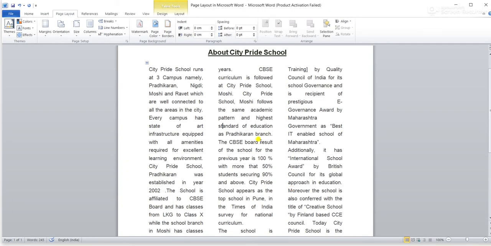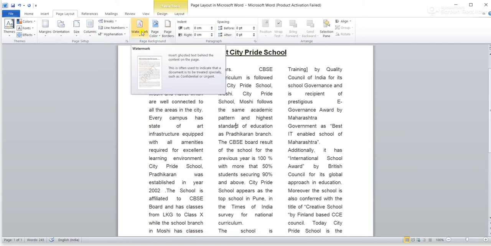You can see that this is our document. To add a watermark, we just click on Page Layout. Then we have Page Background, and in Page Background we click on Watermark.